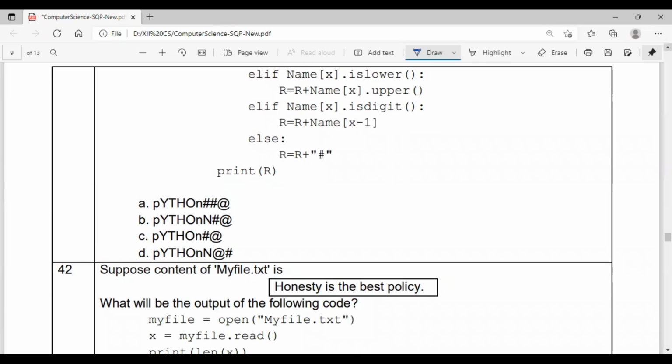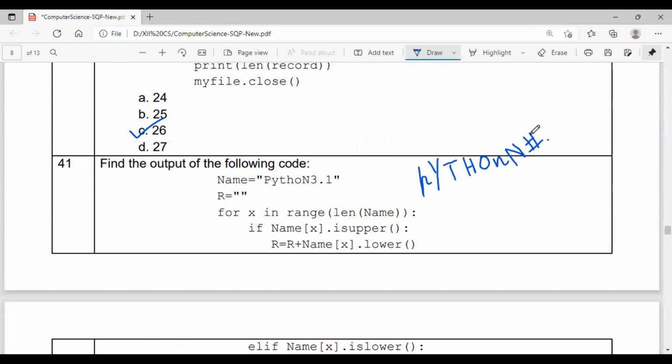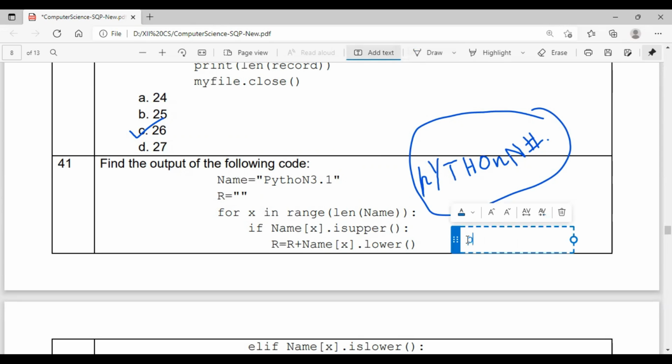Okay, please note down, this is the correct answer. So what is the correct answer? Small p, capital Y, T, H, O, small n, capital N, hash, dot.